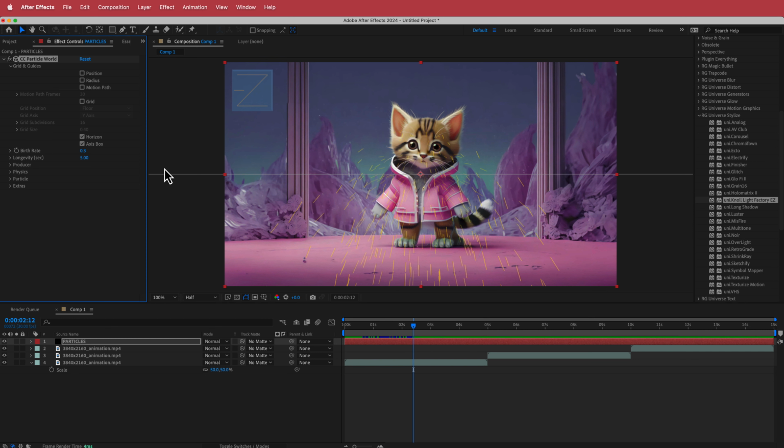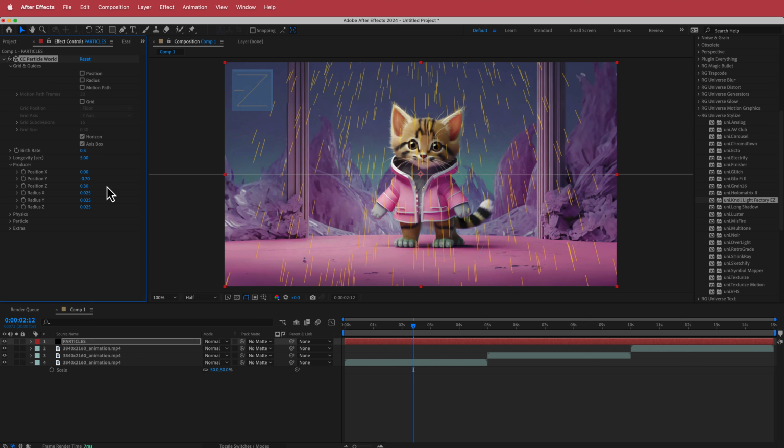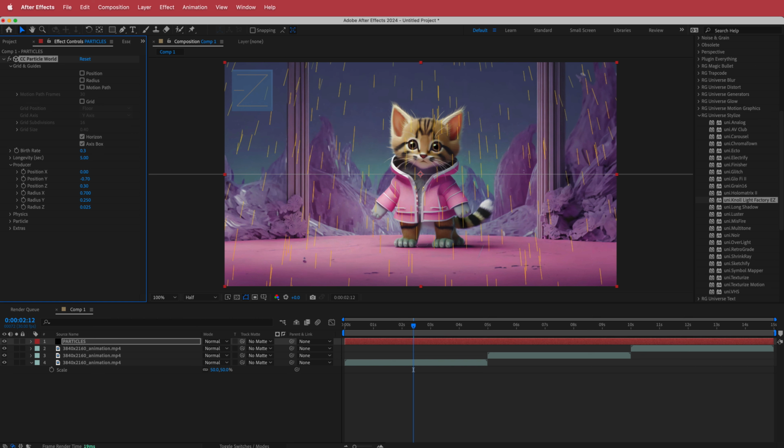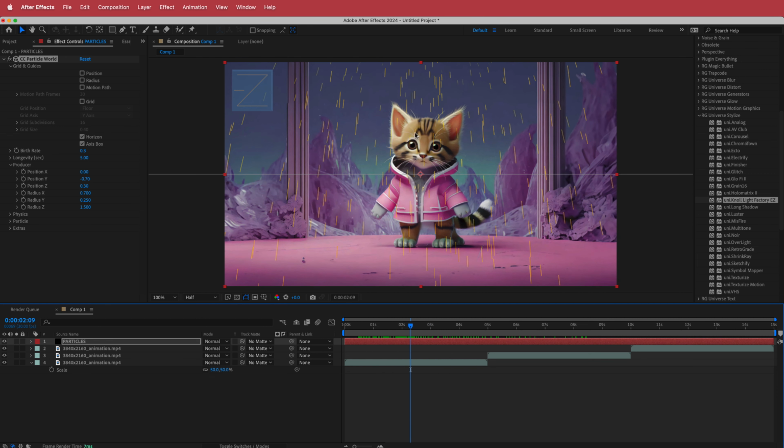The next thing that we're going to do is open up the producer settings, and we're going to leave position X, but go to position Y. We're going to change it to -0.7. We're going to have a look at the position Z. We're going to change that to 0.3. We're also going to look at the radius X. So we're going to change the X radius to 0.7. We're going to leave the Y radius at, actually, we'll change it to 0.25, and then we will change the Z radius to 1.5. And so now we have a little bit of particles coming down, which looks pretty cool,